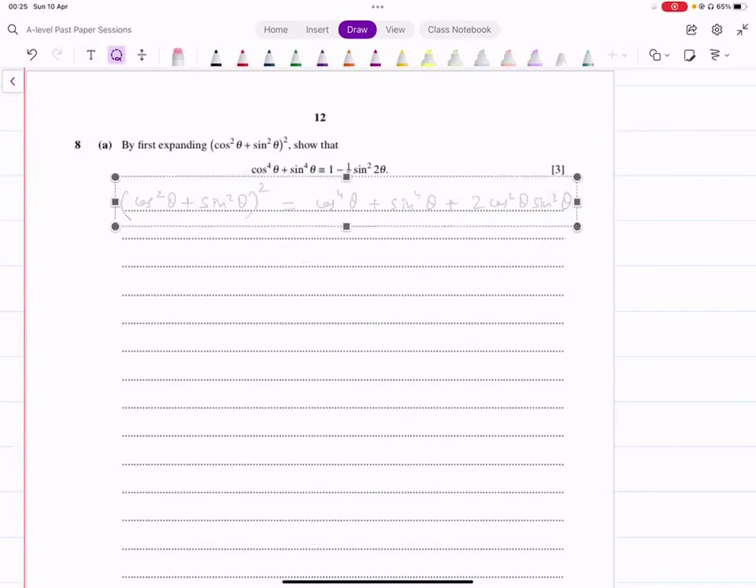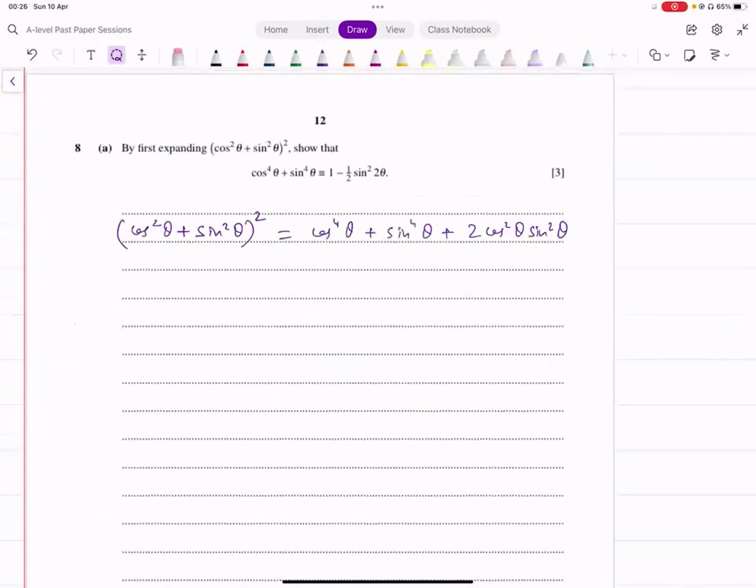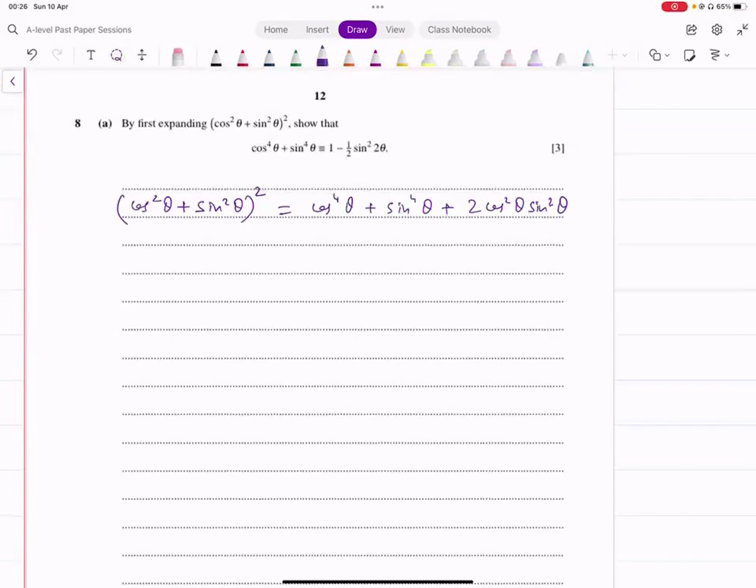ठीक है, ये हमारे पास आ गया। इसको एक्सपैंड करके, अब हमें क्या चाहिए यहाँ पे? cos raised to power 4 theta plus sin raised to power 4 theta एक साइड पे होने चाहिए. Everything else on the other side. Let's do that. इसको हम अगर switch कर दें